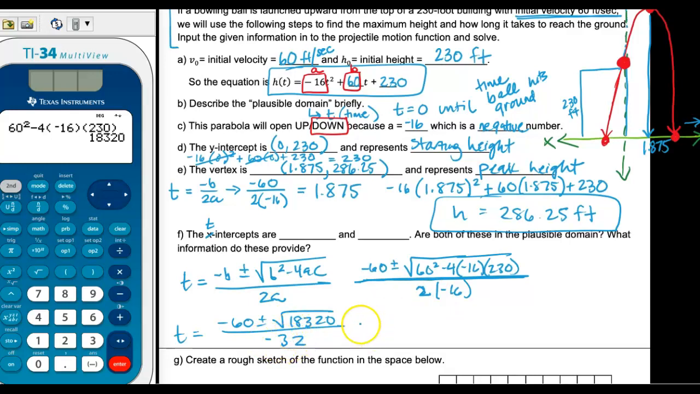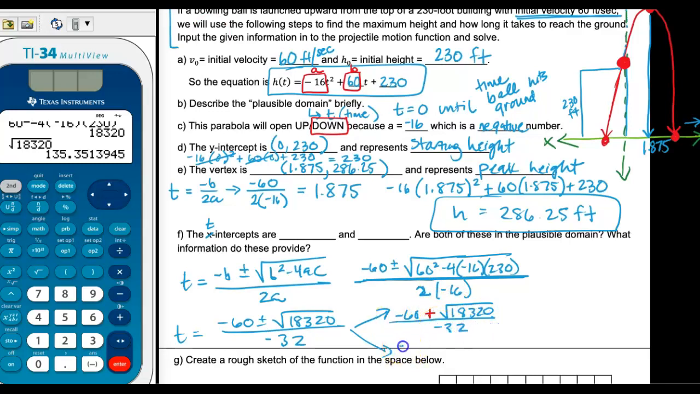So now at this point, we're going to do two equations. I'm guessing that's not going to be a nice number, but maybe. Let's see. If we take the square root of that, we get a decimal. So it's up to you whether or not you want to write that whole decimal out. I'm going to just leave it with the square root since it's a long decimal and I don't have to write it all out if I use the square root symbol. So I'm going to say negative 60, and I'm going to use the plus sign, the square root of 18,320 divided by negative 32, and then I'm going to do it again, negative 60, only I'm going to do minus the square root of 18,320